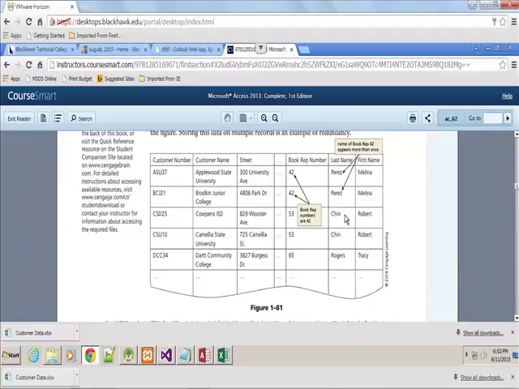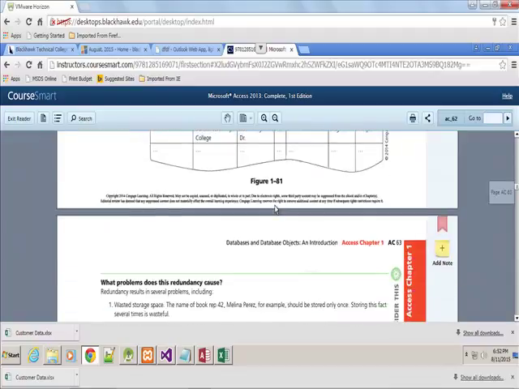You want Perez, Molina, I guess Molina Perez, and Robert Chin to only appear in one table. Their associated number may appear in many tables, and that's what we're talking about in here. So the solution, as they mention on page 63,